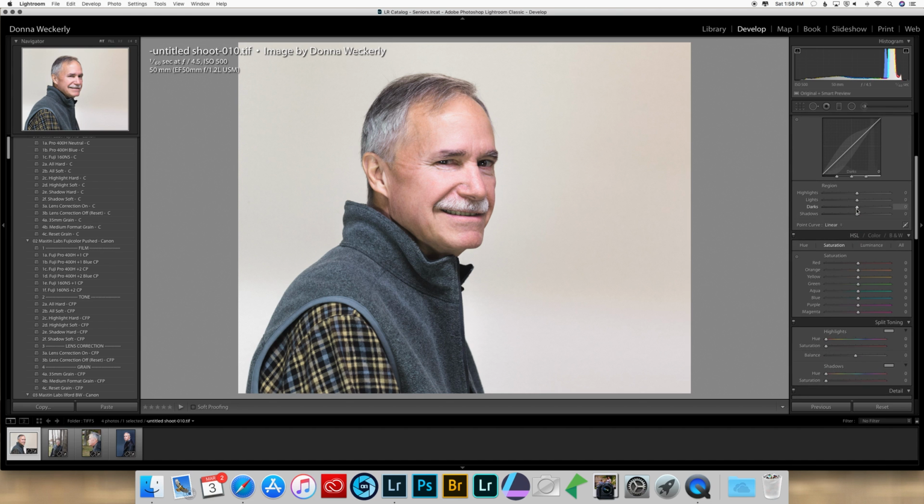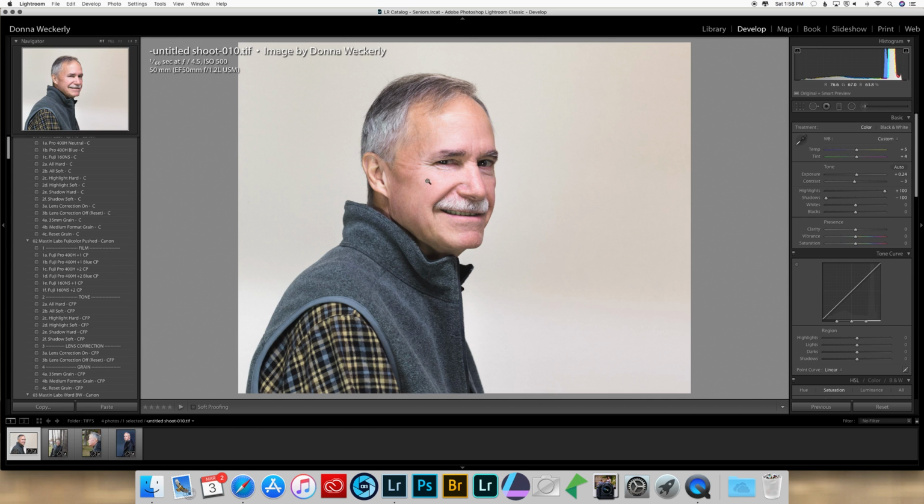My advice is just take an image that's very simple like this and just decide what you want to do with it. Do you want to make it black and white? Do you want to make his eyes stand out? Is the color of his clothing more important than the color of his hair? Do you want the background to be darker? Do you want him to be brighter? Kind of get an idea of what you want your image to look like, and then start to work through